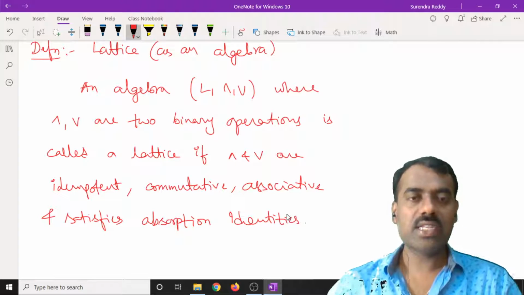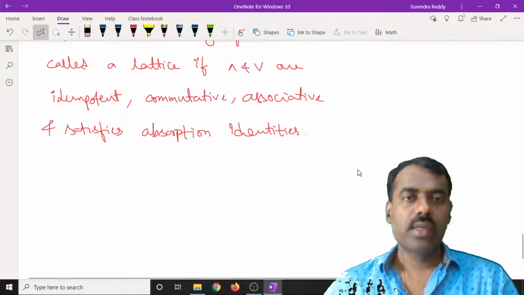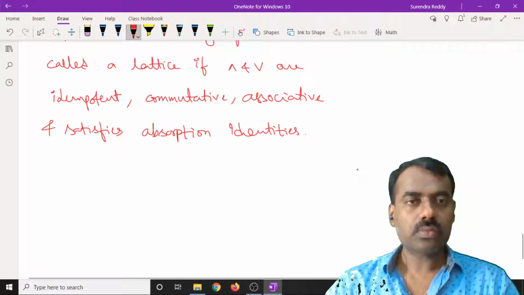These absorption identities we use frequently. They are a very useful concept. Okay, so this is the definition of